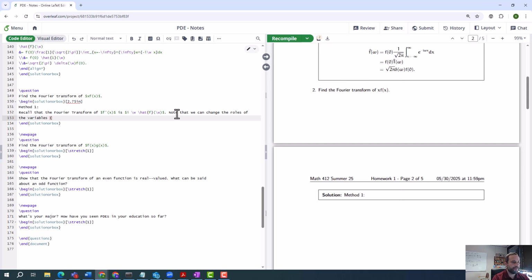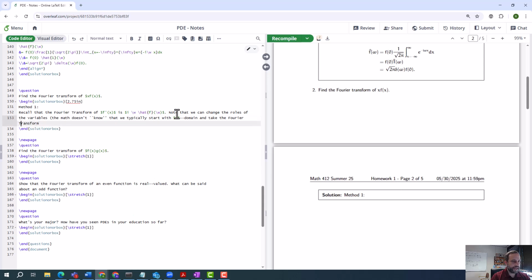And I'll just make a little parenthetical comment here. The math doesn't know that we typically start with the x domain and take the Fourier transform to the omega domain. So if we change the roles of variables, this means the Fourier transform